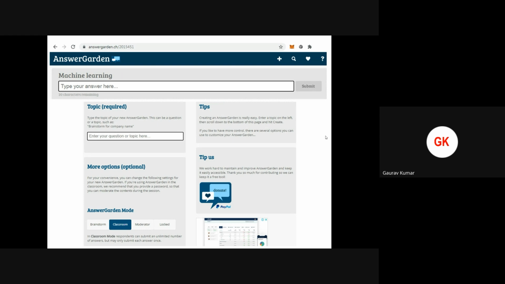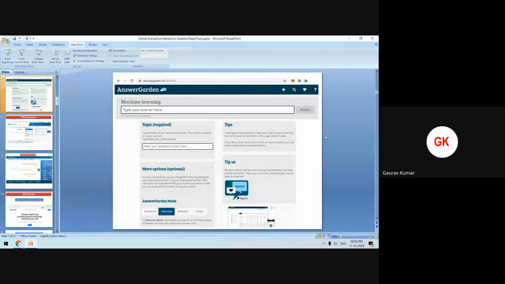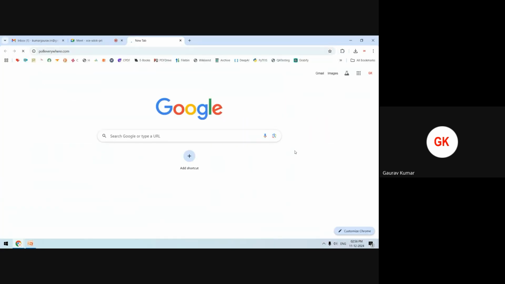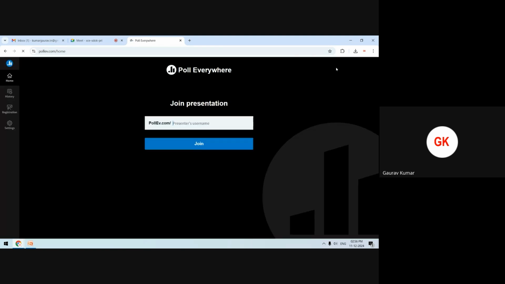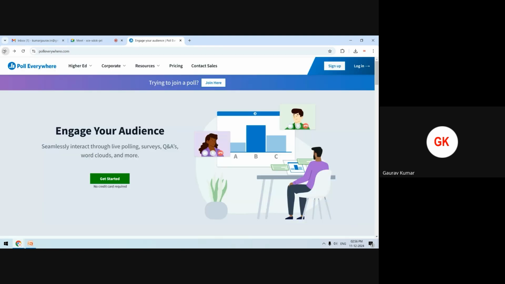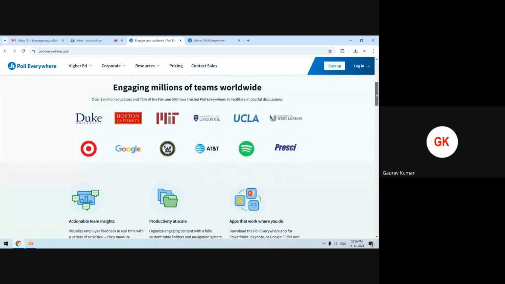Now we will see another platform for real-time evaluation and assessment, online evaluation, assessment, brainstorming, that is Poll Everywhere: live polling, surveys, questions and answers, word cloud, and no need to link your credit card, completely free. So you can sign up with your Google account. And it is backed by multiple corporate giants